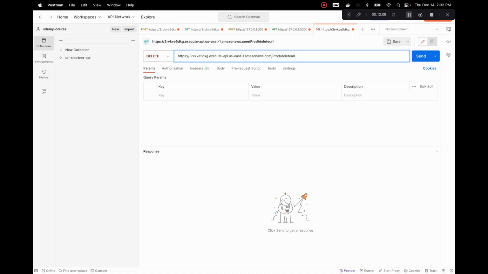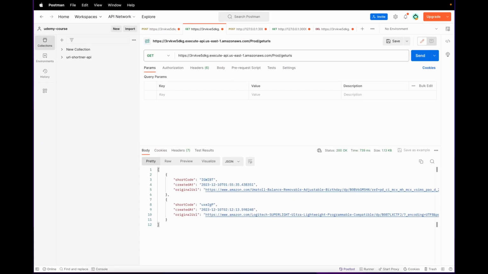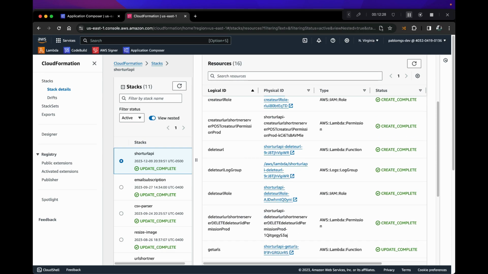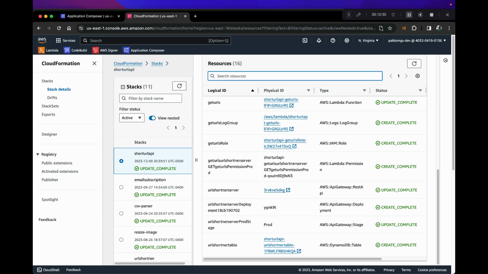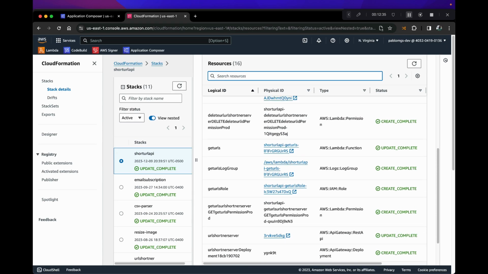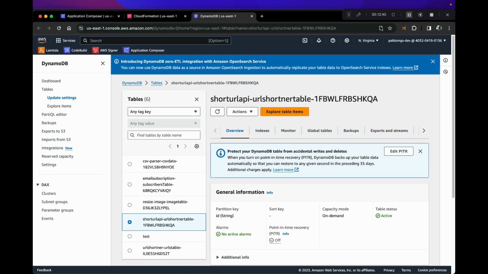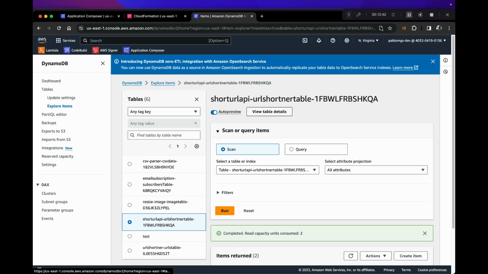Now remember we did a path parameter, so this works a little differently from a query string. We just need to pass in the ID of a record. So let's run our get URLs. And now I remember we edited this not to show the ID. So let's go over to our table. And if you click on the CloudFormation stack itself, you can find the actual resources. So we're just going to click on our table, export table items,